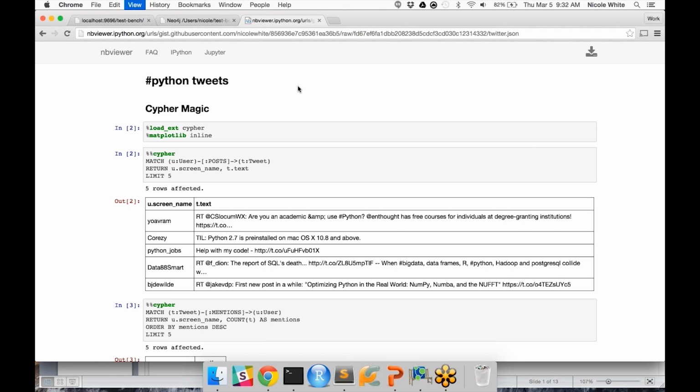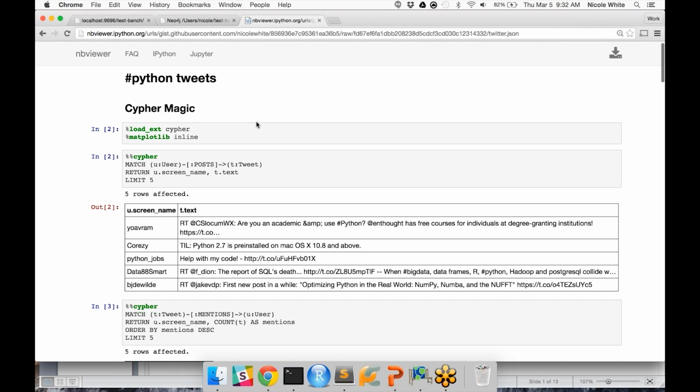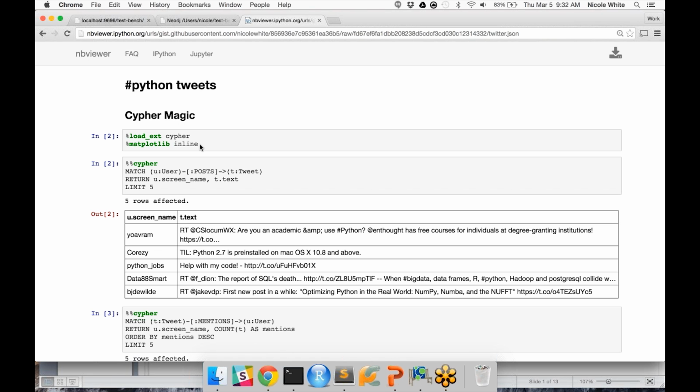Okay, so it's very, very easy to use, like I've been saying, Neo4j in IPython notebook. This was made with the same data set that I imported just now, but I had run it earlier for longer, so I had more data. So it will be a bit outdated, but that is okay. So first, you will load the